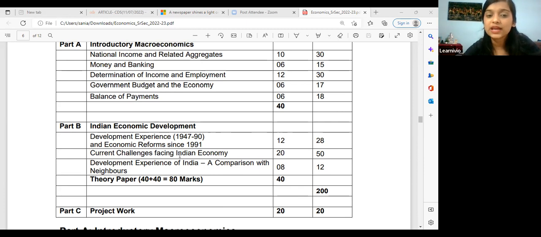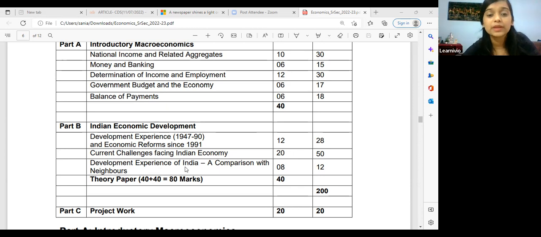And next, current challenges facing India. In the first unit, we studied about the time of independence and after the independence, right? And in this, we'll be studying the current challenges like poverty and everything. And this is the highest scoring chapter. Why? Because in this, there are lots of factors like poverty, many things. So you have to understand all this.